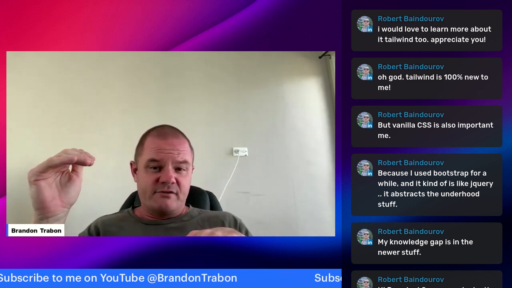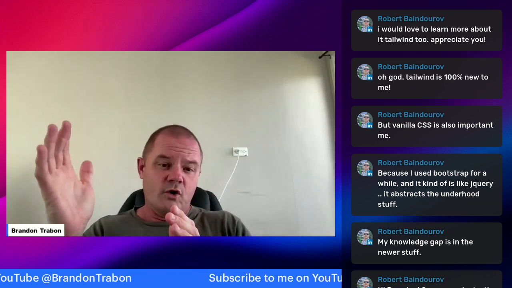Also, they can then flip. So if you have something where you go into a more mobile type view, it then allows you to sort of